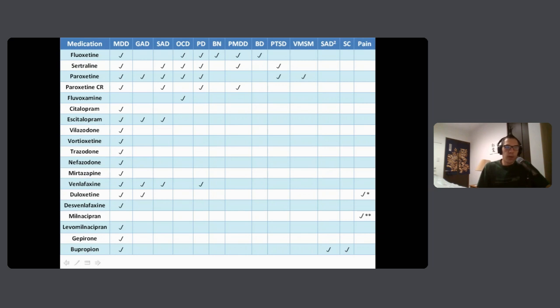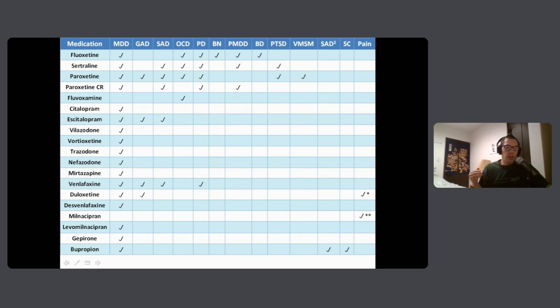So I'm going to go through each of the different disorders that these medications are FDA approved for, and then I'll talk about what medications are FDA approved for that. All right. So first off, we're talking about antidepressants, major depressive disorder. Almost all of the medications on the list are approved for major depressive disorder. And just to read down through the list, we've got our SSRIs,